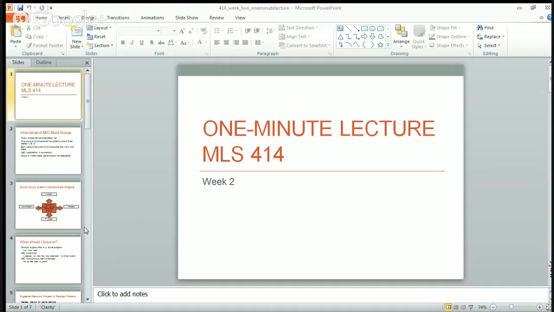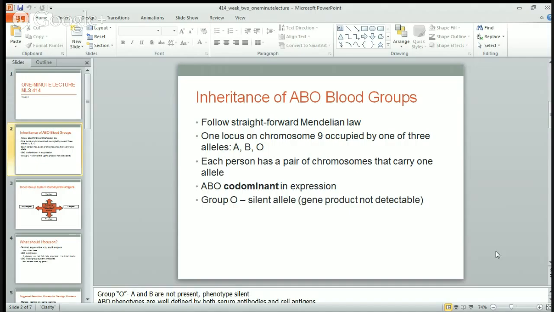Lecture for week 2 of the immunohematology course. This week we will be covering ABO and H blood group systems and secretor status. While we are covering only one chapter this week, you will see that this chapter covers a lot of information,